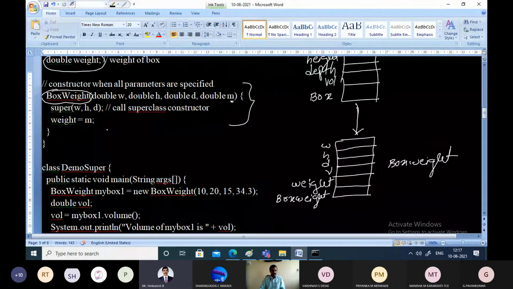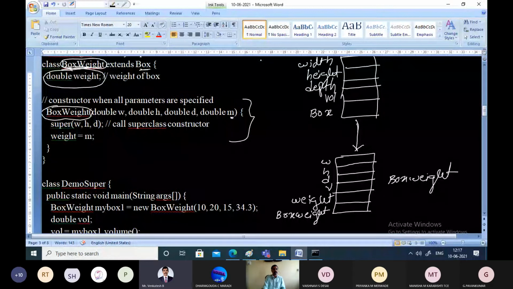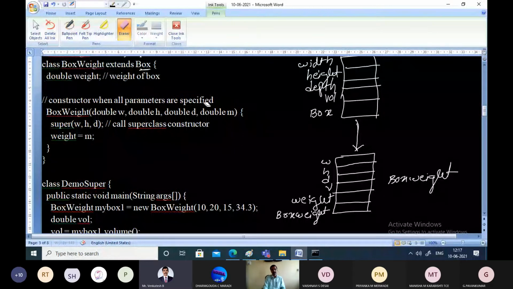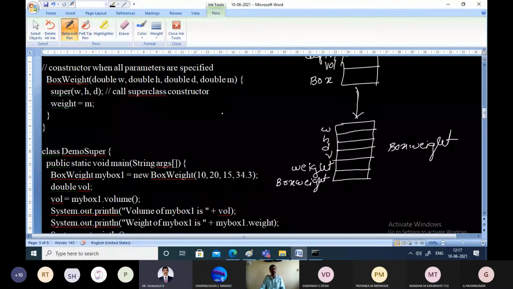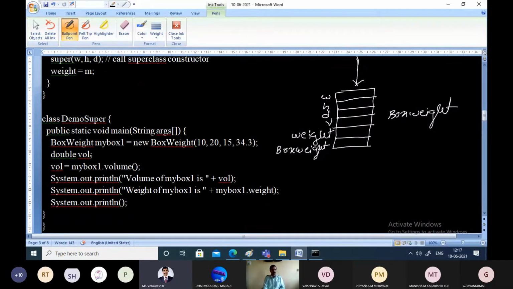Right. So now when this is the scenario, let us go back to the main function. With these notions, we have defined the superclass and we have defined the subclass, that is, the superclass object and the subclass object. Now let us go as usual. The execution will start from the main function. Here we are creating an object of the subclass. Remember, not of the superclass.